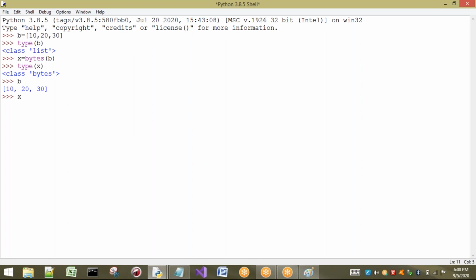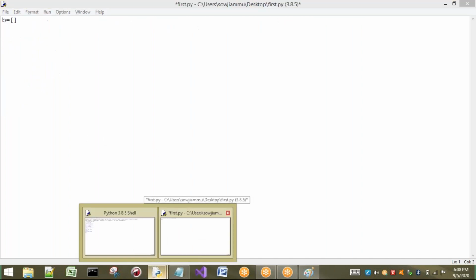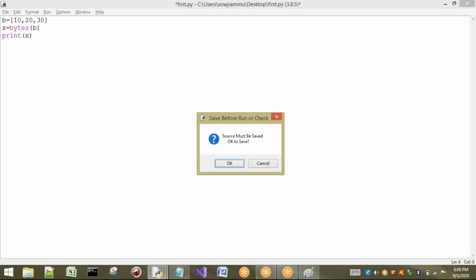If I print x, some different output is going to appear. Let us see whether the same is generated if we execute it as a program also. Here I convert x equal to bytes of b. Now I want to print x. Now see.